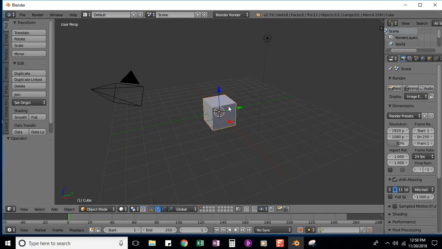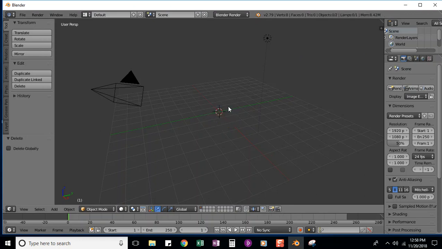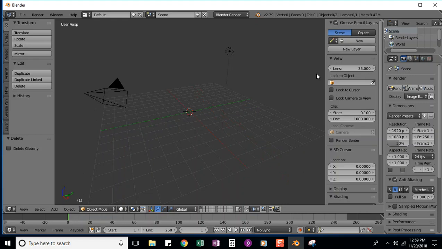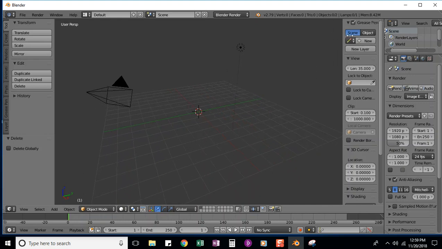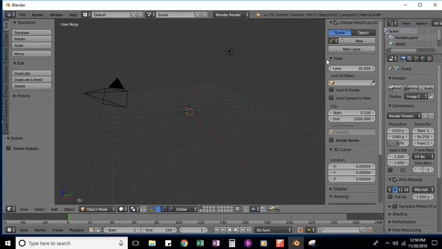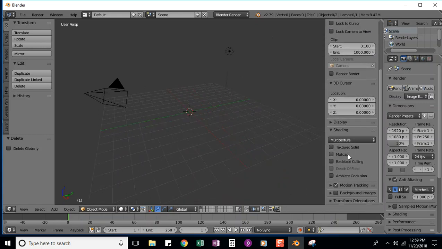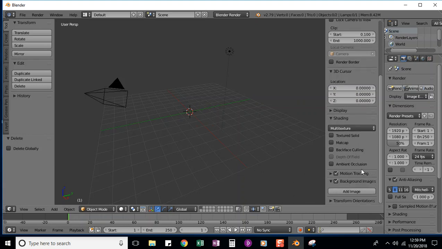I'm going to just right click on this box and delete it by hitting X or the delete key. And I'm going to open my properties panel. I think you can hit the letter N, as in no, and that will open up the properties panel. Or of course you have that little plus sign right here. So when I go into the properties panel, scroll all the way down to the bottom and you'll see this little area here. This is called background images. And if you click on that and then add image,